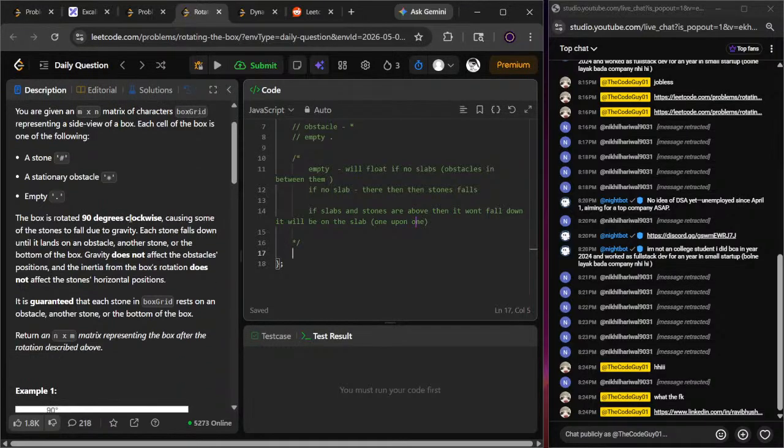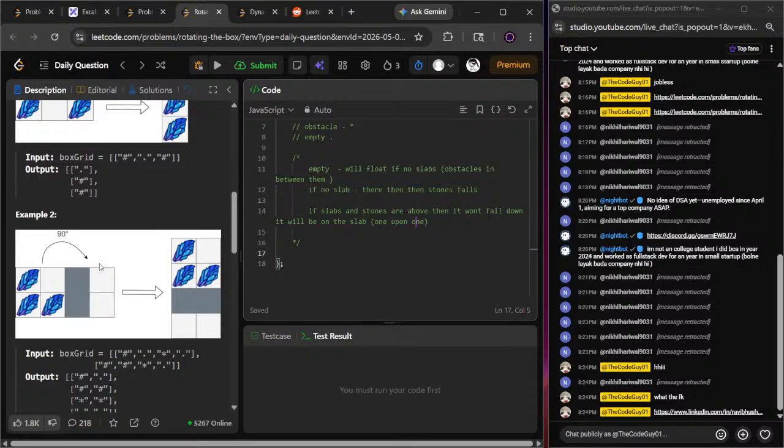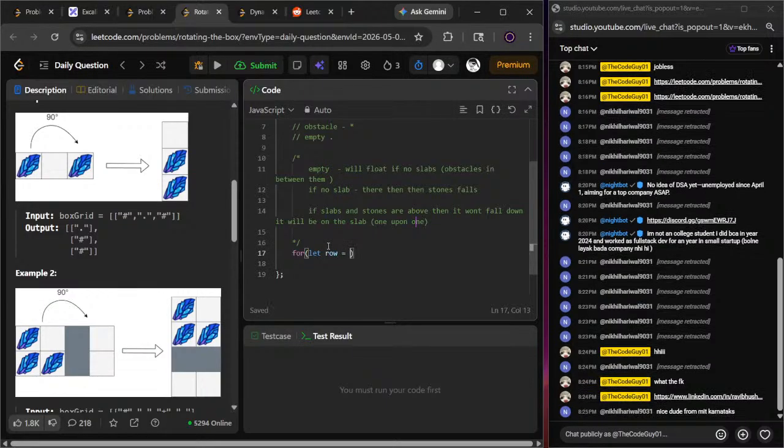If the box is rotated 90 degrees, then what will happen? My column will become row, column will become row. I need to swap. So let's write the code for the thing. Let row equal to